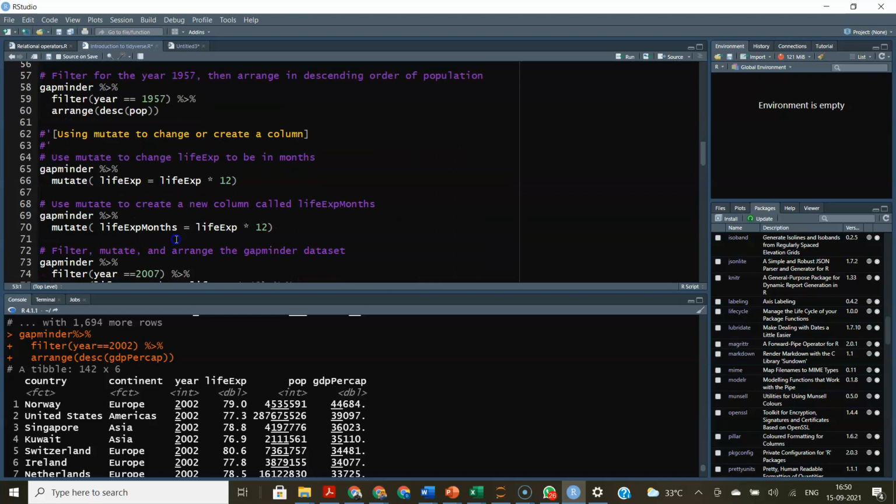Now similarly what you can also do with this is, without changing the original data, try to note what I'm saying, guys, without changing the original data you can create an alternative view of the data itself. Now what am I saying? I'm saying there's something called mutate. Now what mutate does is, in your life expectancy in years, or your GDP per capita, or your GDP per capita is